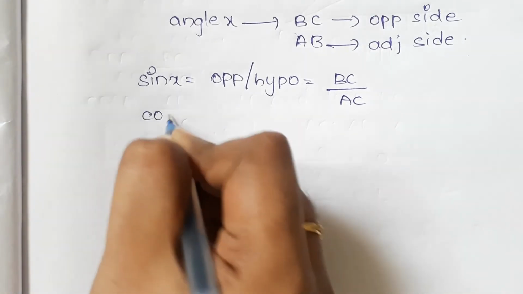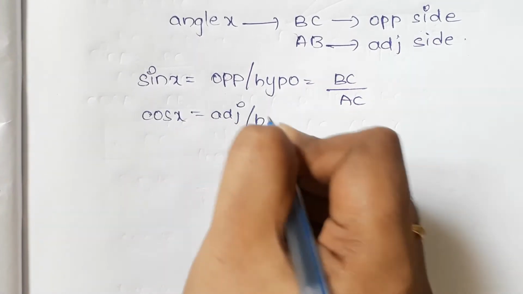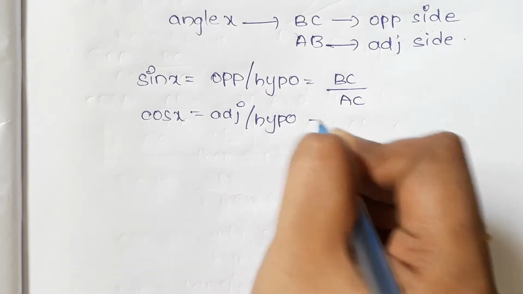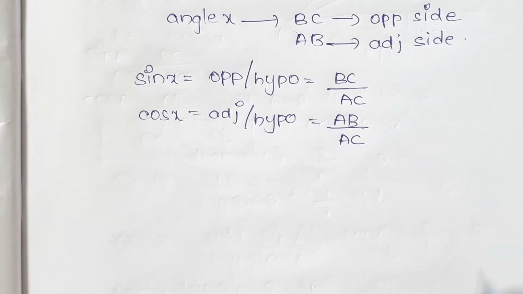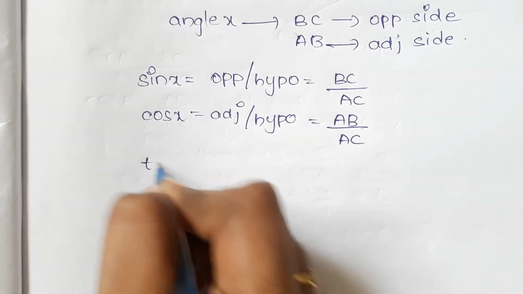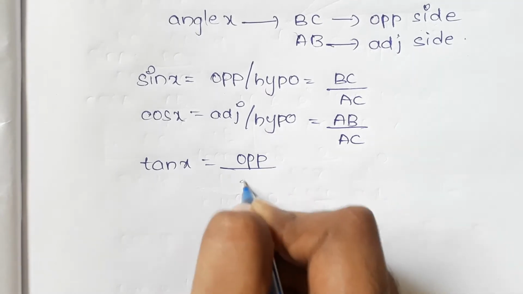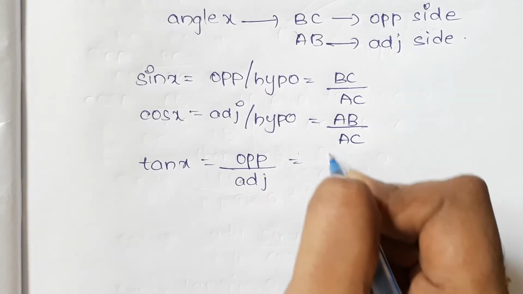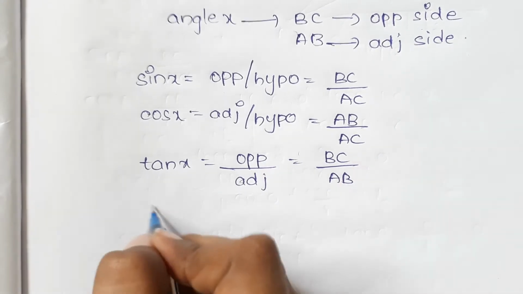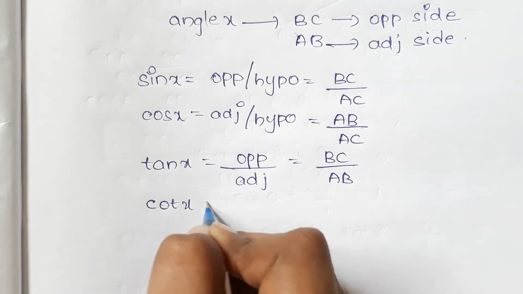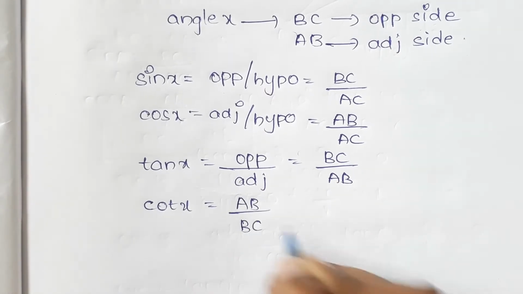And cos x is nothing but adjacent by hypotenuse, that is AB by AC. And tan x is nothing but opposite by adjacent, that is BC by AB, and similarly cot x is nothing but AB by BC, the reverse of